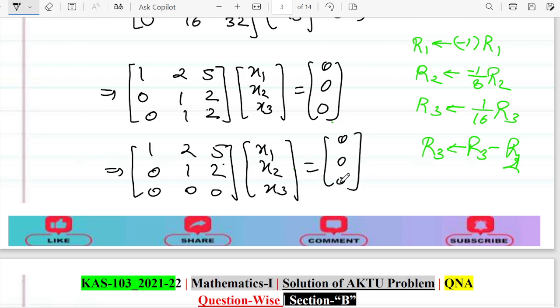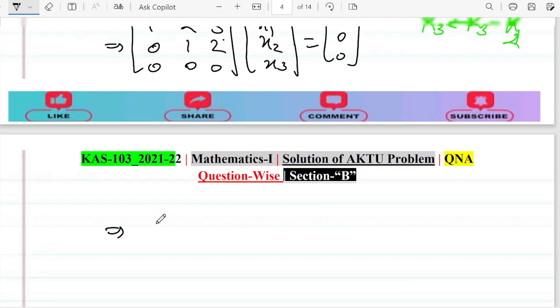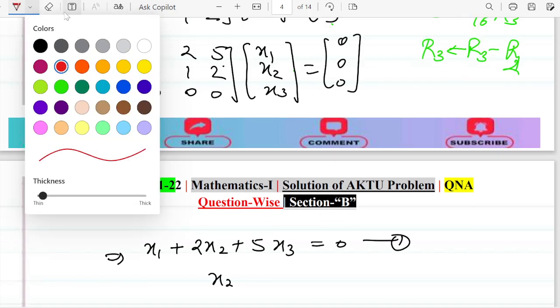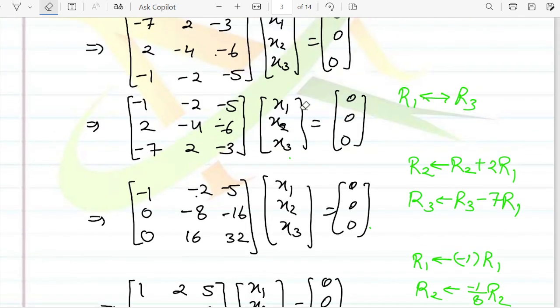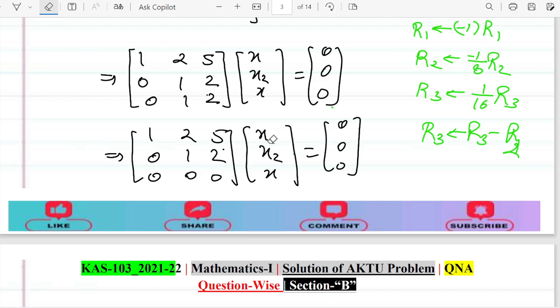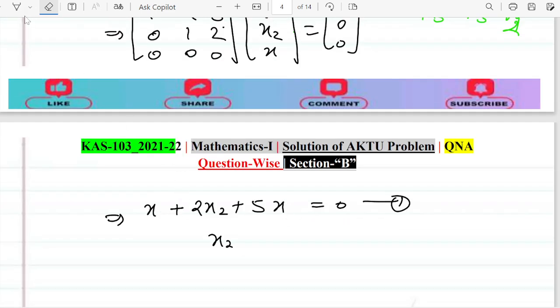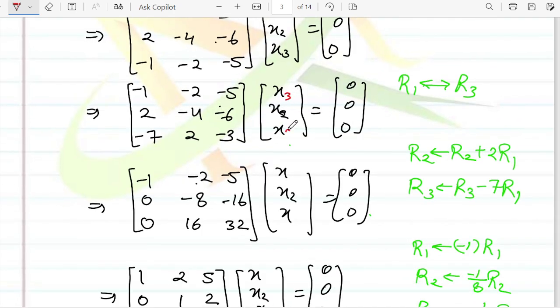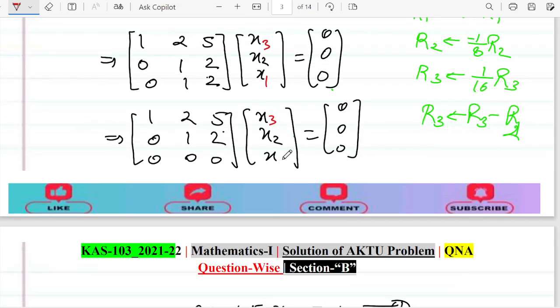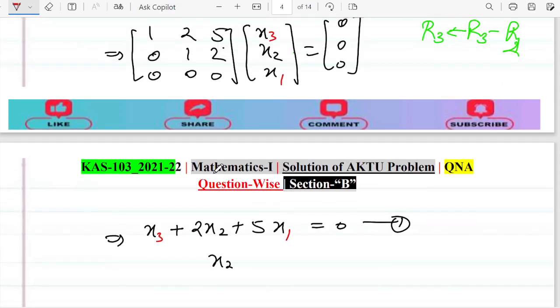and is equal to 0 0 and 0. अब चलिए देख लेते हैं एक रो, एक नंबर 5 आपके सामने एक बार लिखवा था, एक रो 0 है, x1 plus 2 x2 plus 5 x3 is equal to 0, that is called first, and x2, did you see we are exchanging the rows, right, हमने एक्सचेंज किया था रो 1 और रो 3, तो ये आपको बन जाएगा x1 और ये x3, इसको जरूर ध्यान रखेंगे भाई, नहीं तो क्वेश्चन गलत हो जाएगा आपका। तो ये बन जाएगा आपका x1 और ये बन जाएगा x3। तो आपने क्या किया था रो 1 और रो 3, दैट इज ये बन गया था x3, ये बन गया था x1 और x1, right, x3 x1, so that is x3 and that is x1,